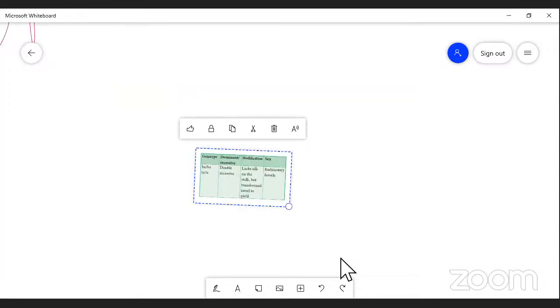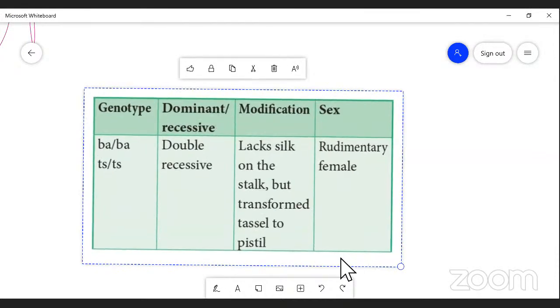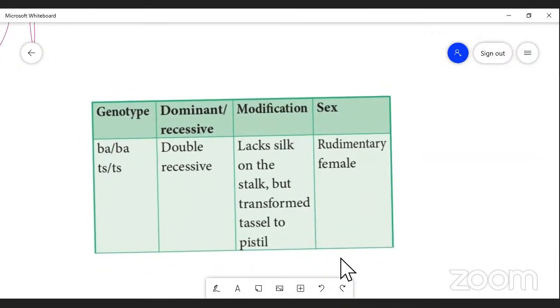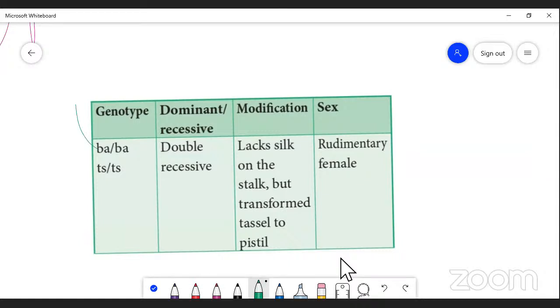So the phenotype I can see here is small ba, small ba. As I said, small ba is a recessive condition. Ba stands for barren plant, right? So this small ba is a recessive allele that makes the flower rudimentary. It is simply that femaleness is lost by the presence of the recessive condition of the allele,